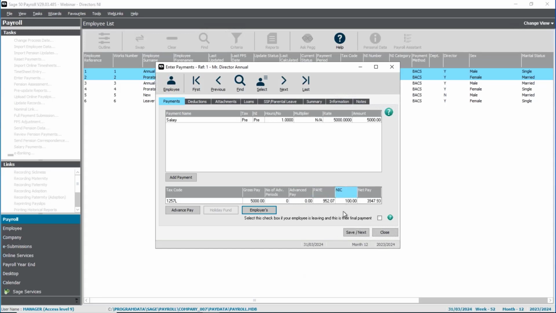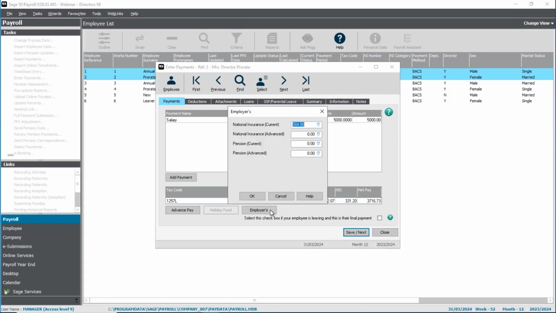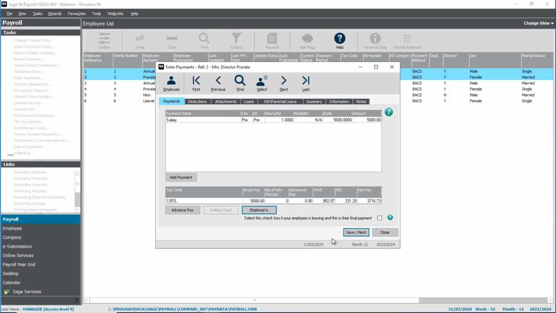Now, if we compare that with the next employee, you'll see that the national insurance for the employee is £331.20, and for the employer, £584.80. And this is the period in which the national insurance has been recalculated using a cumulative calculation, but it hasn't made a massive difference in any of the contribution amounts because this employee has earned the same amount each